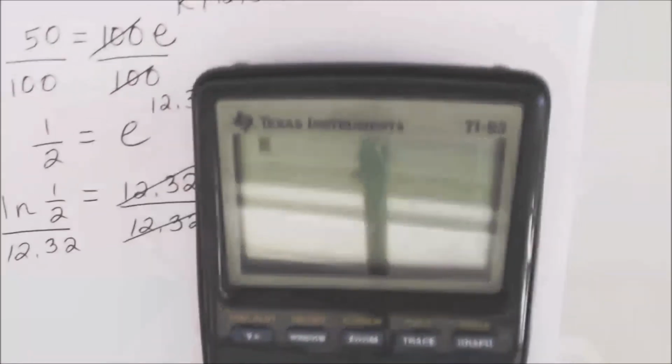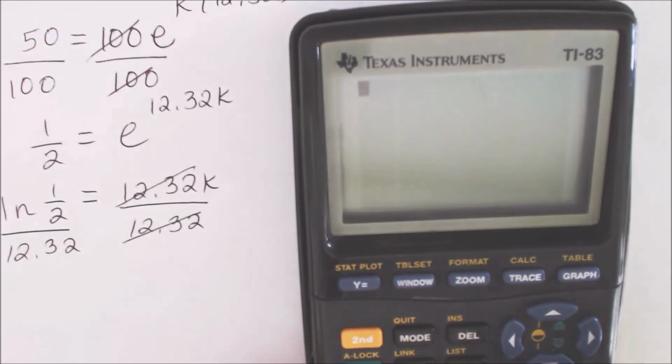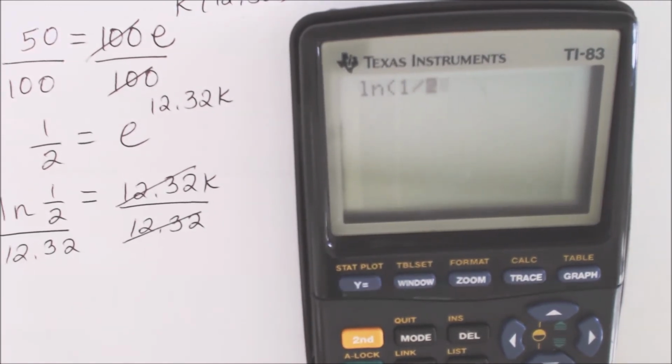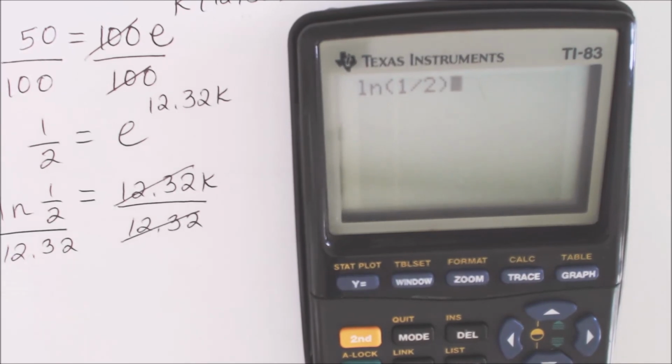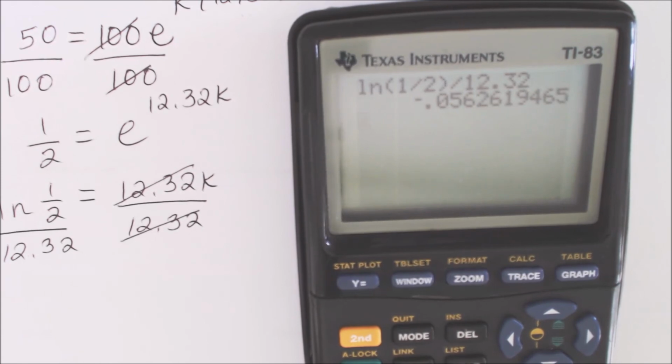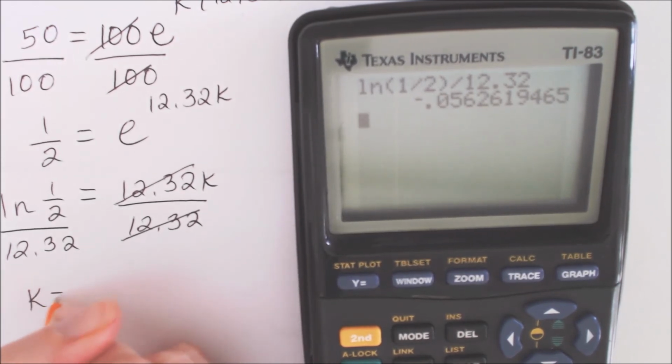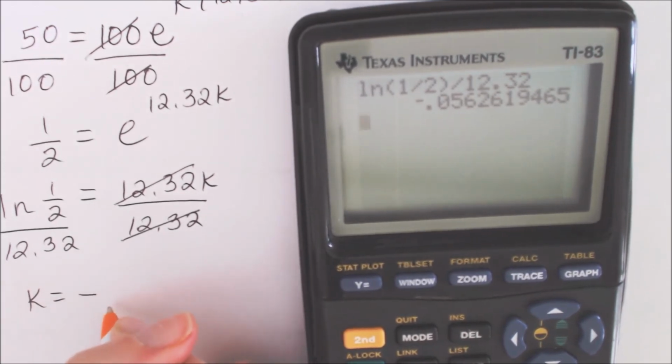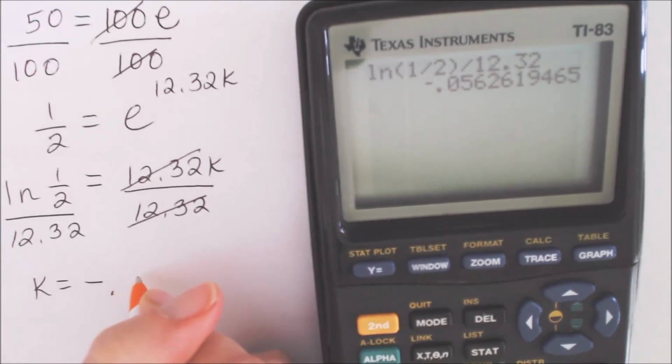So let's practice putting this in the calculator. I'm going to go natural log of 1/2. Make sure you put parentheses around that 1/2. That's very important because you just want to take the natural log of the 1/2. You want to get that number, and then you want to divide it by the 12.32. And notice we get a negative value, so we get K equals negative point. They didn't tell us how to round it, so I'm just going to round it to 4 decimals,